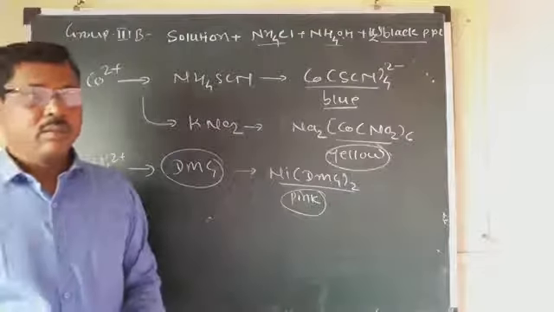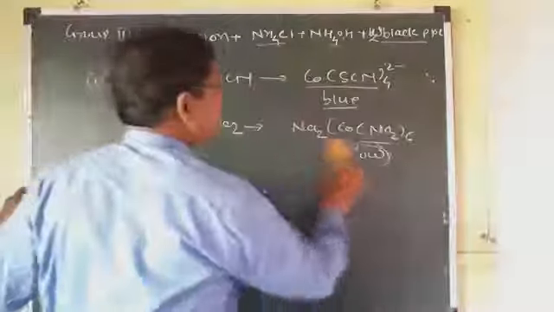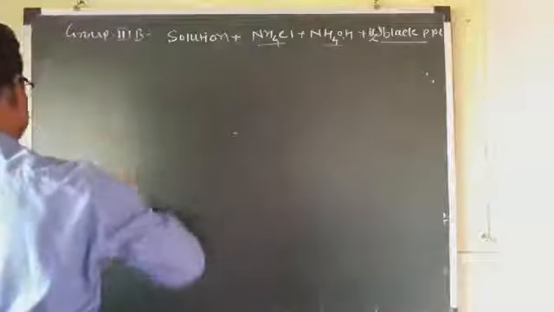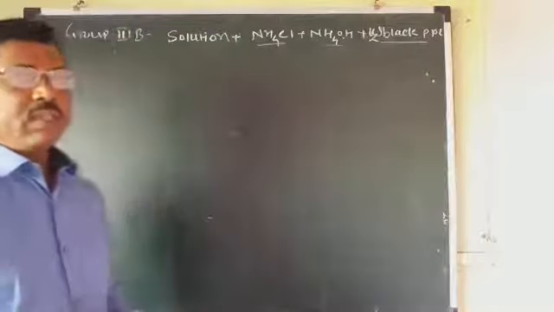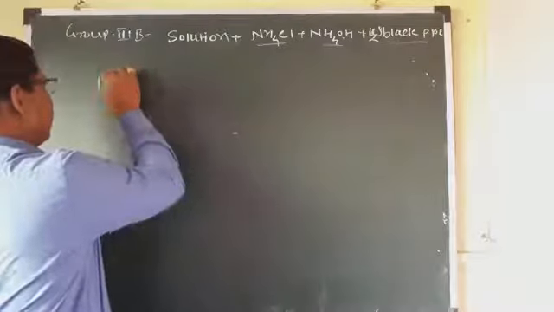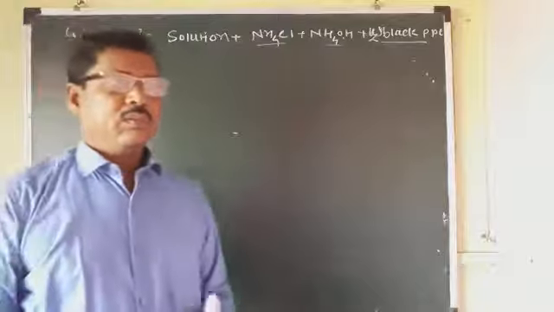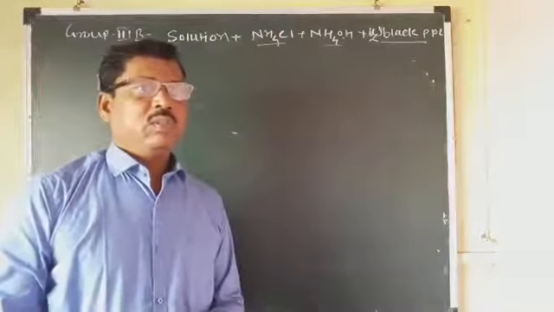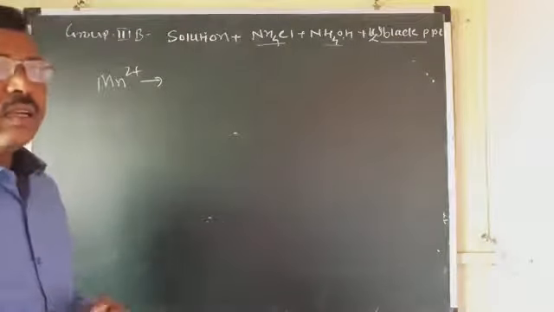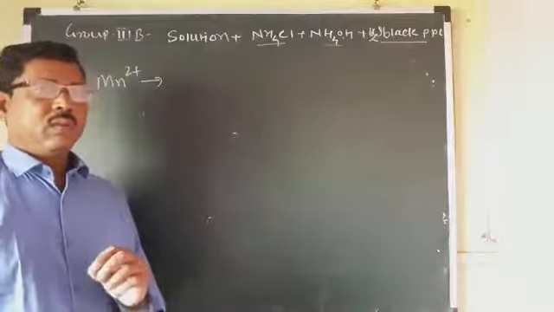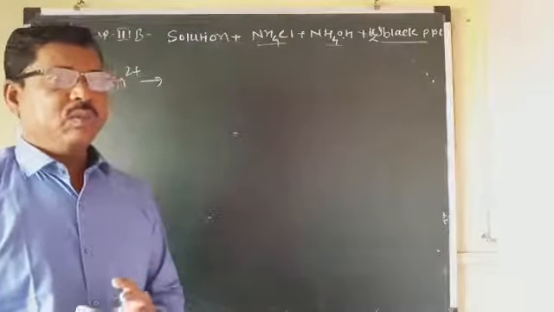For the manganese and zinc, here the manganese Mn2 plus ion. Again, place a drop of the solution on a plate and add 1 drop of concentrated nitric acid and a small crystal of solid sodium bismuthate. The purple color is produced due to the formation of